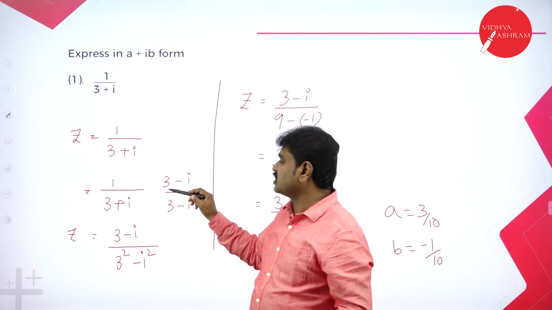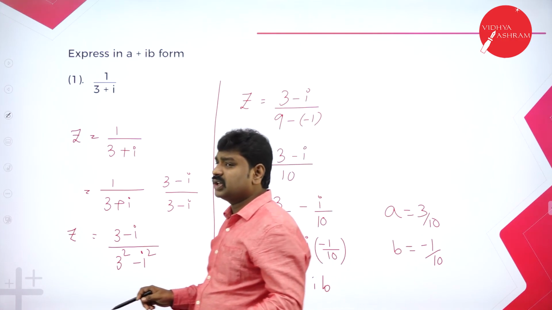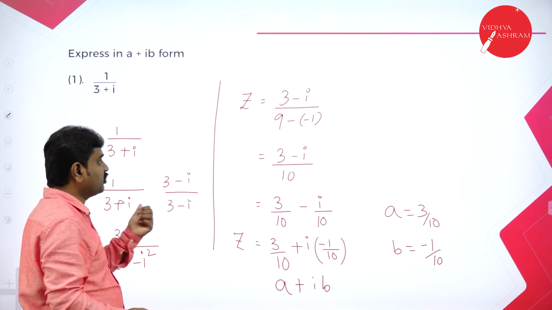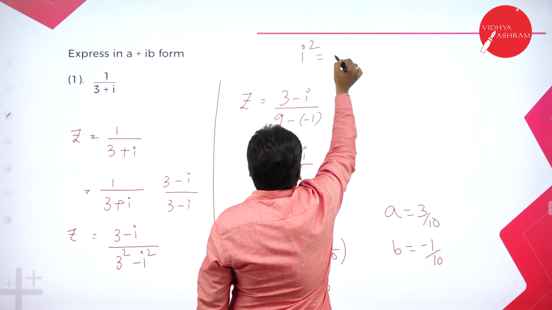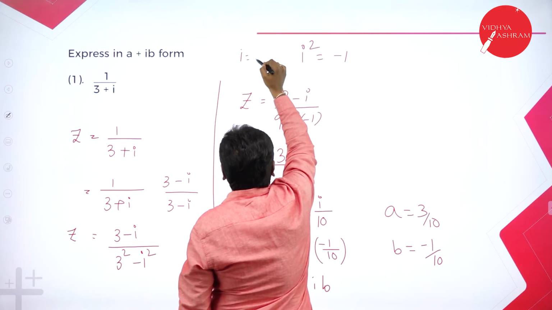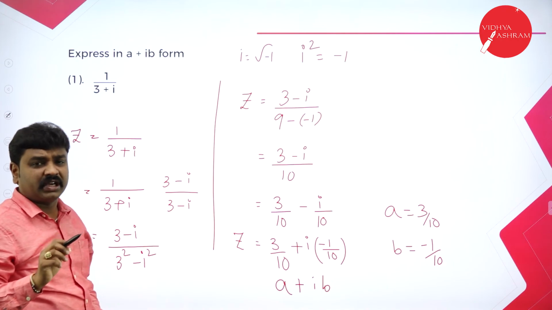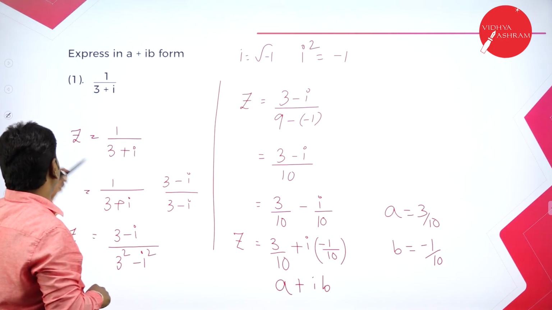So rationalize. What is the rationalizing factor for 3 plus i? 3 minus i. Divide and multiply by 3 minus i. You will get the answer. But here you will get the denominator as a plus b into a minus b. You know a plus b into a minus b is a square minus b square, and b square. Somewhere we will get i square. I square is minus 1 because you know i is what? Root minus 1. Remember this. I told you in the beginning, i means iota, that is root of minus 1. I square is minus 1.